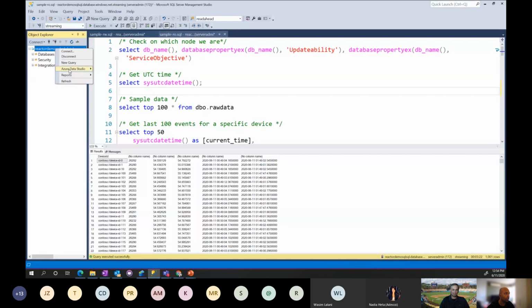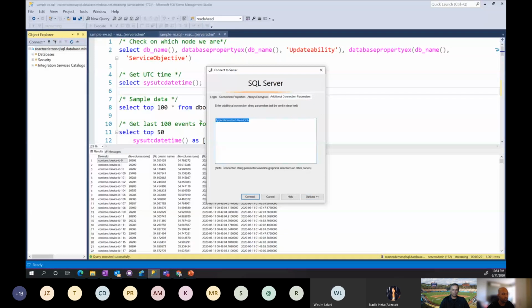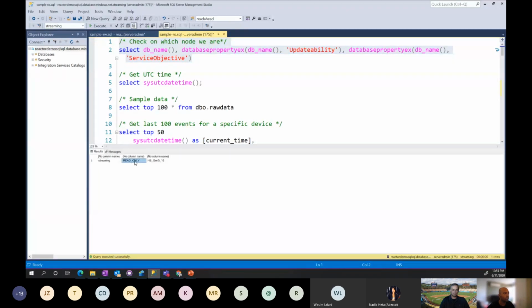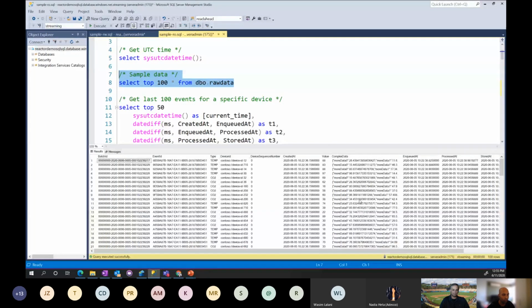Now, the way you connect to a read-only replica is basically going into your connection properties in your client tool and specifying an attribute called application intent equals read-only to ensure that it connects to your read-only replica. So let me just confirm that I've connected to my read-only replica. That confirms that. I can run a whole bunch of queries here, just selecting a random set of raw data